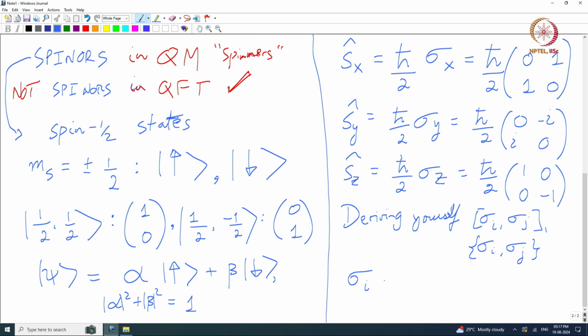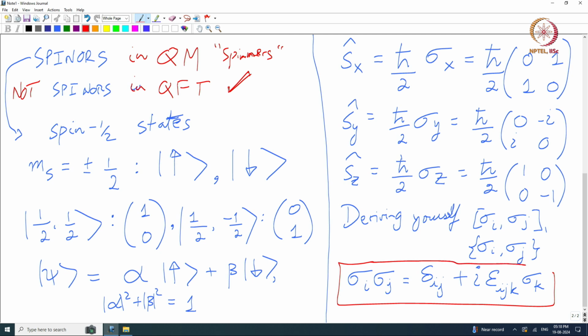Both the commutation and the anti-commutation relations can be simply written this way, with the indices i and j obviously running over x, y and z, right. So, sigma_i sigma_j is delta_ij, which is the Kronecker delta, plus i, this is a complex i, okay, do not get confused with the index, times the Levi-Civita tensor epsilon_ijk, completely antisymmetric tensor, remember, times sigma_k. So, you can check for yourself, right, if i is equal to j,